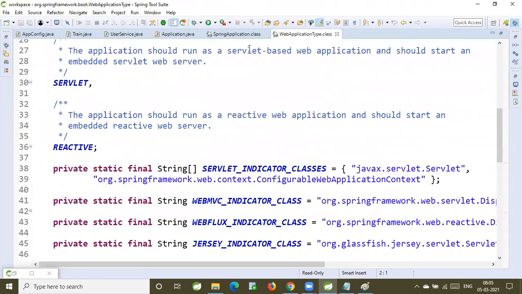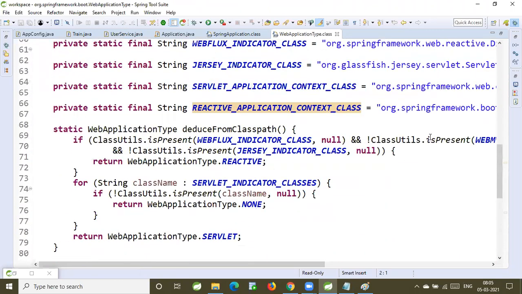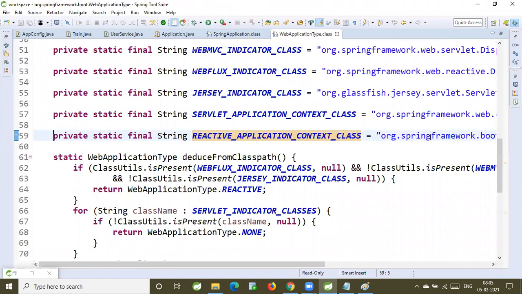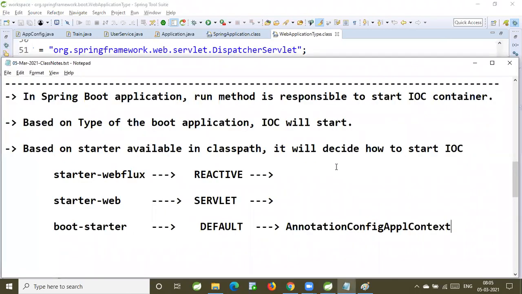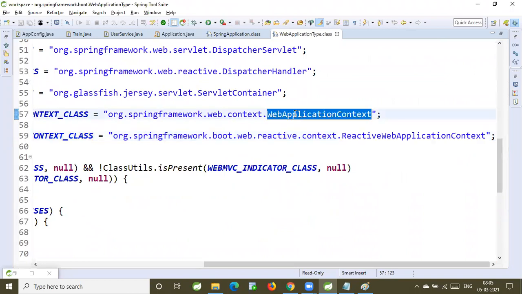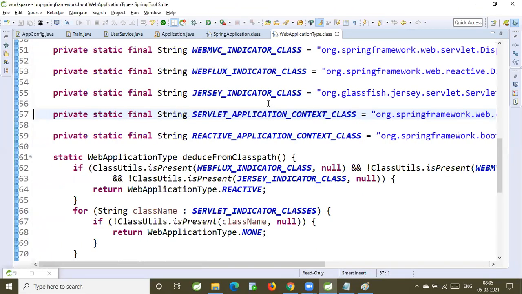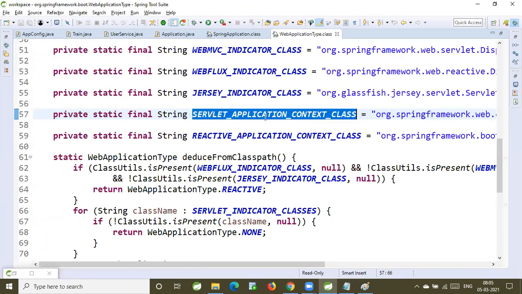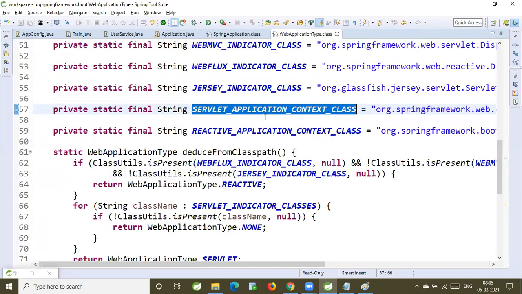Here they have declared the variables: reactive application context class, servlet application context class, reactive web application context, web application context.